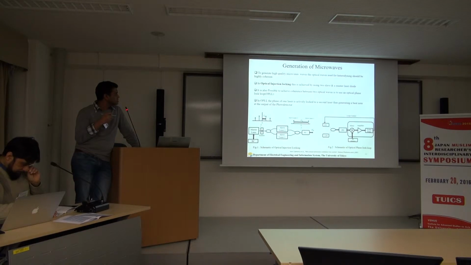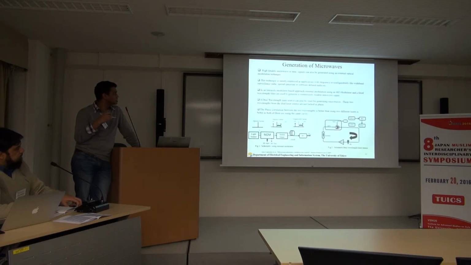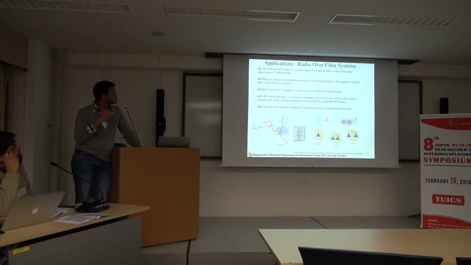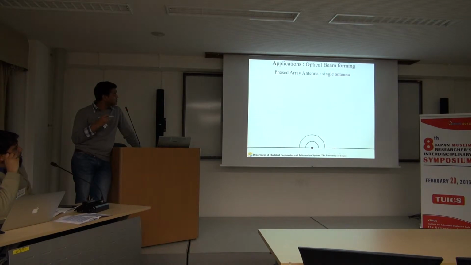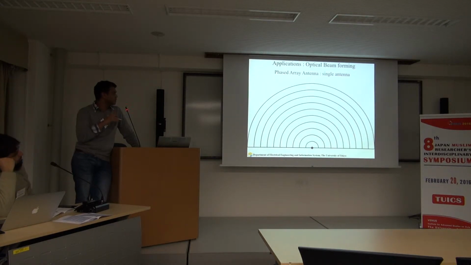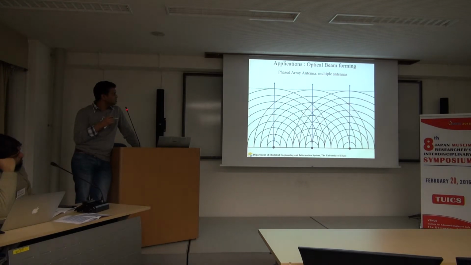In this, you use a master laser which is locked on the RF, and you mix these two different light waves to generate your RF at the output. This is the other technique wherein only one laser is locked onto the electronic circuit. Again, in this they are using completely optical components. I'll skip this. These are some of the applications which are currently being focused on. In the electronic application, you have a single light source. In this, using the optical phase domain, you can steer the beam in different directions.